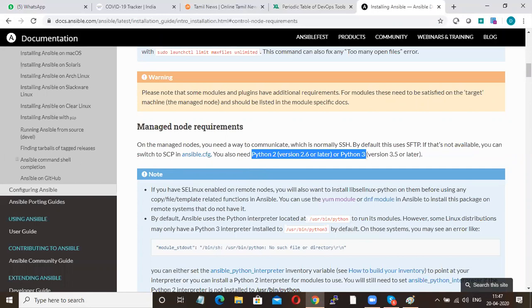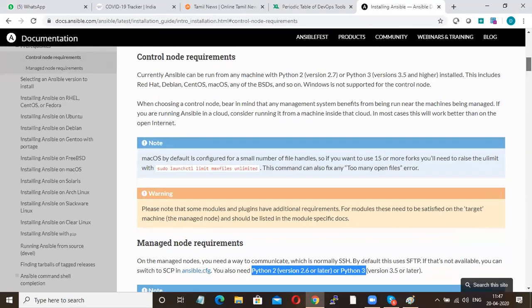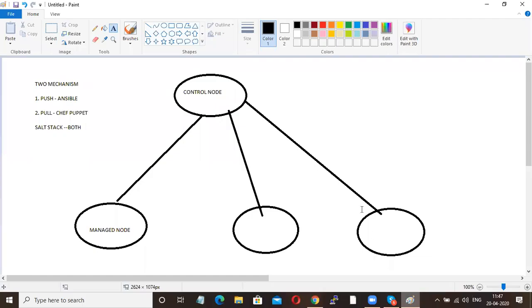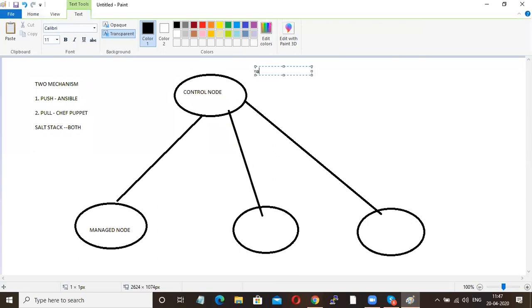Why are they asking for Python in both machines? Because Ansible is a Python based configuration tool, so you require Python in all your machines. Second point is, Ansible is an agentless tool. What does agentless tool mean?